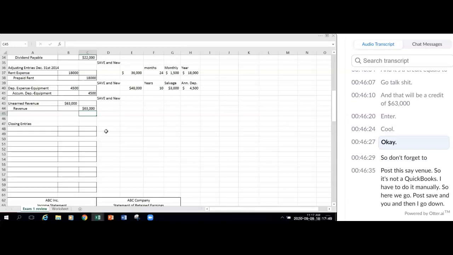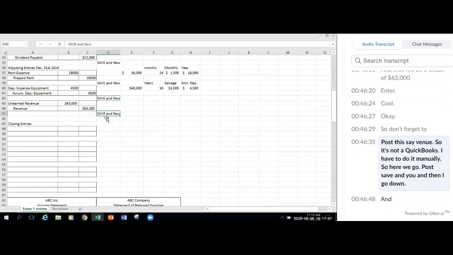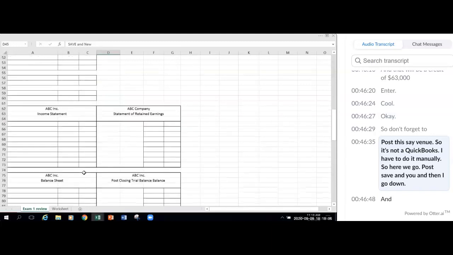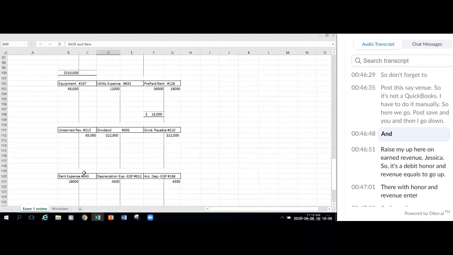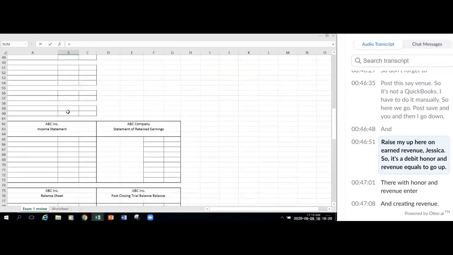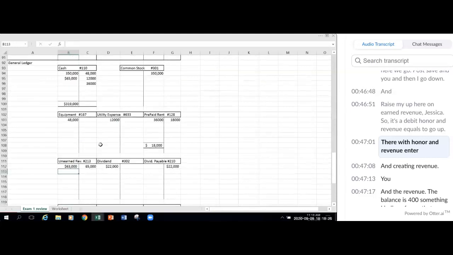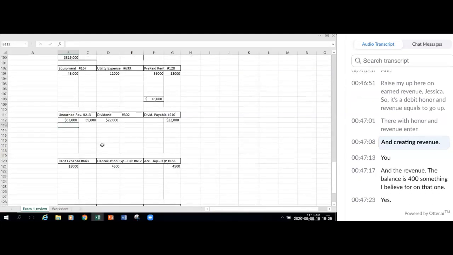Okay. So don't forget to post this, save and new. It's not a QuickBooks, I have to do it manually. So here we go, post, save and new, and then I go down and where is my, here, unearned revenue, do you see that? So it's a debit on unearned revenue, equals to, go up, debit unearned revenue, enter. And credit revenue,